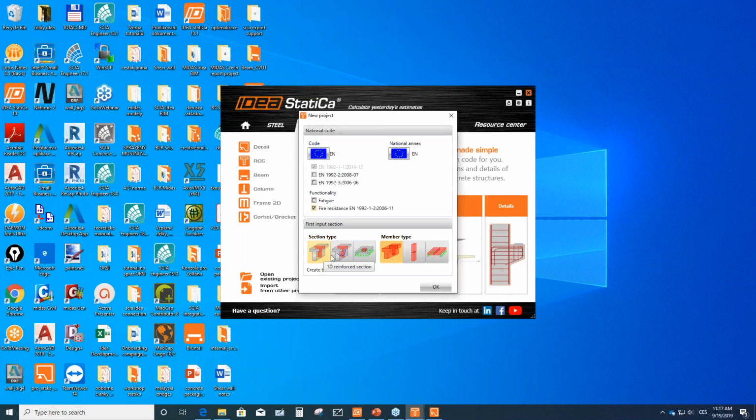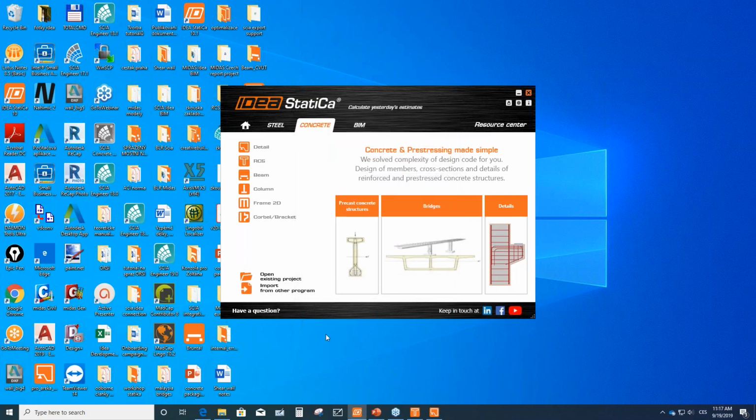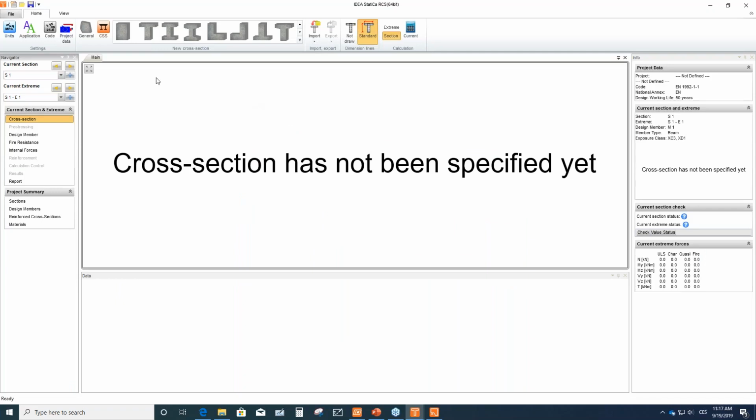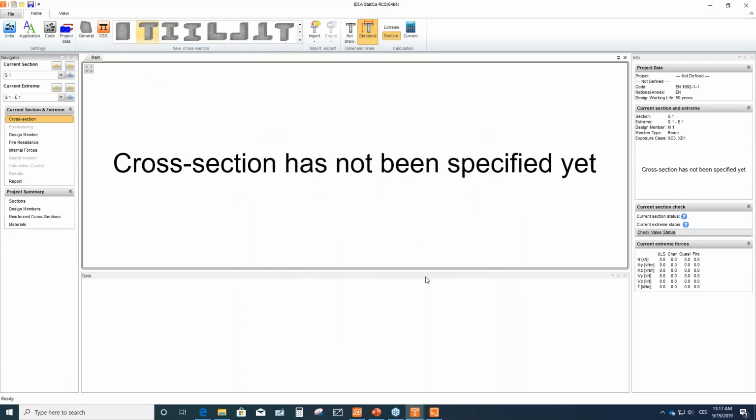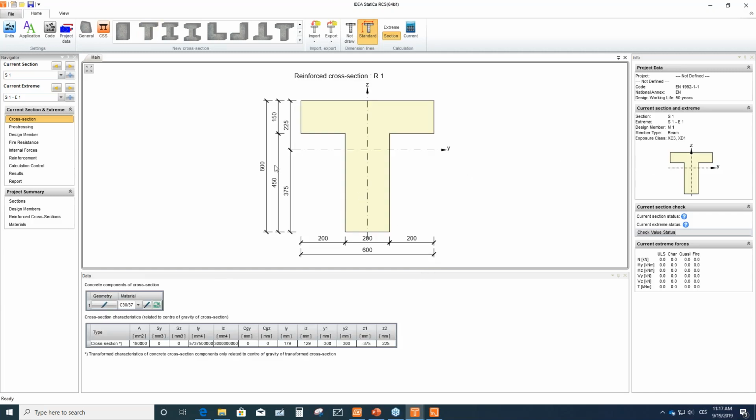Fire resistance check is available for all the section types. So 1D reinforcement sections, it can be staged or just reinforced concrete, or it can be also a 2D section. So we have this code check available also for plates and walls. I will choose a one-dimensional section, and it will be a beam type. Let's create a cross section. It will be a simple T section, 600 millimeters high, and I will go to the design member in the